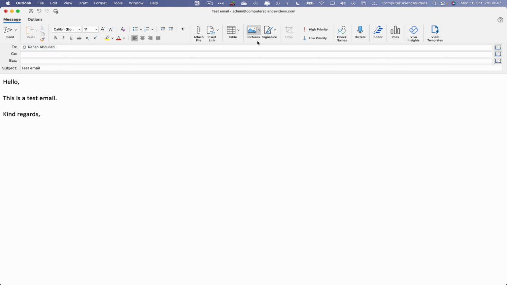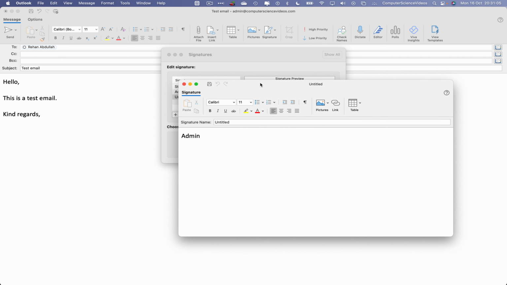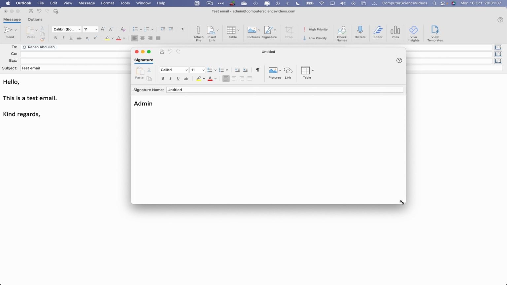In the previous tutorial, I did demonstrate to you how we would insert a signature. Let's click on admin. There we go. Let's now highlight and remove this. Let's now go to signature again, edit signatures. We will be creating a new signature. How do we do that? Let's go to the plus sign, click on this, and now what we will do is